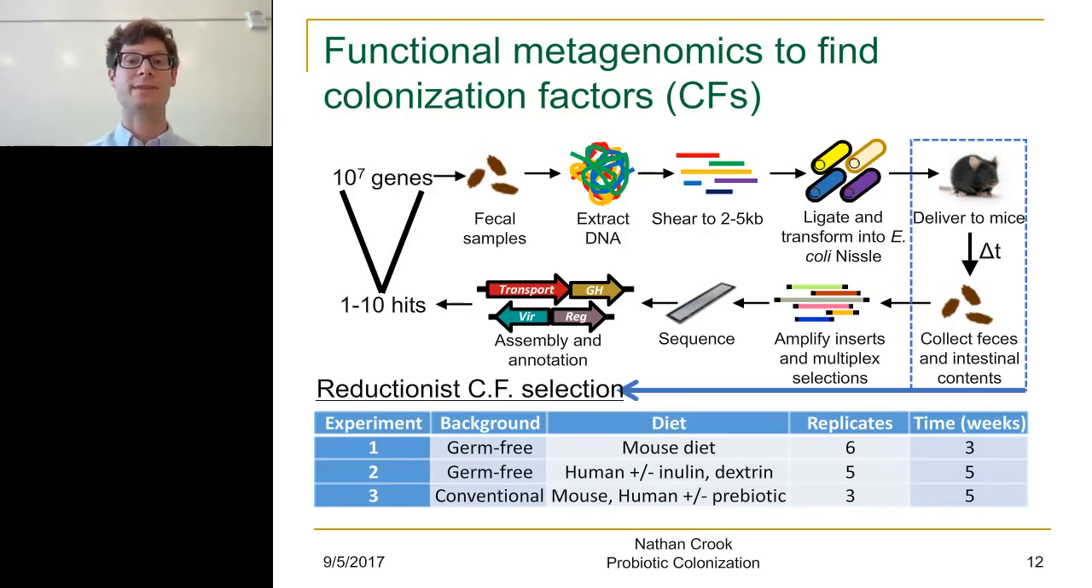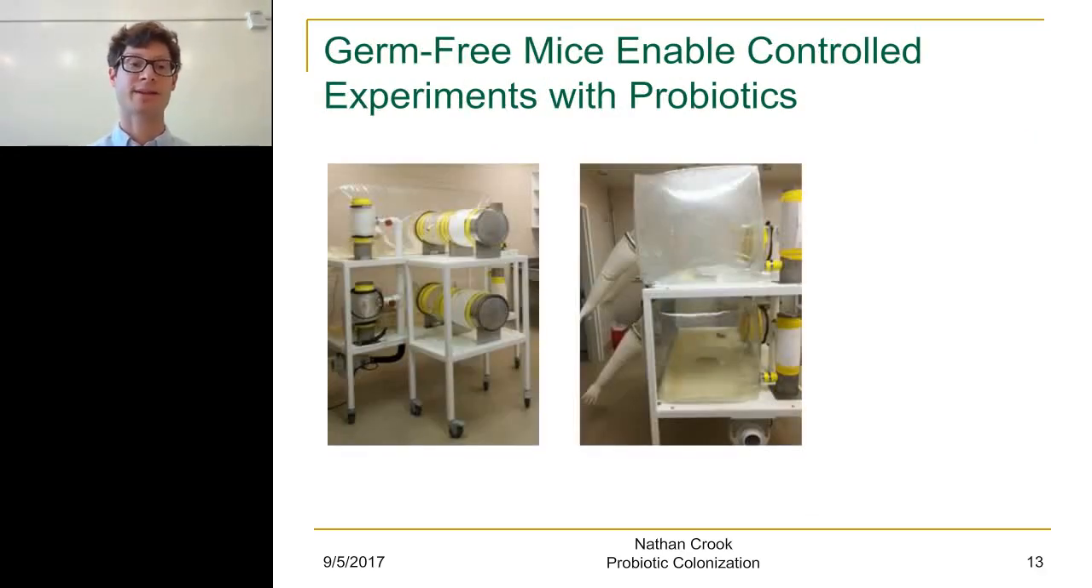So we can give them different diets, for example, a human diet, or we can add different members of the gut. Conventional mice actually have a gut microbiome that contains other gut bacteria as well. So we can add complexity and learn what was necessary to colonize at each step. Before I get into the actual results,